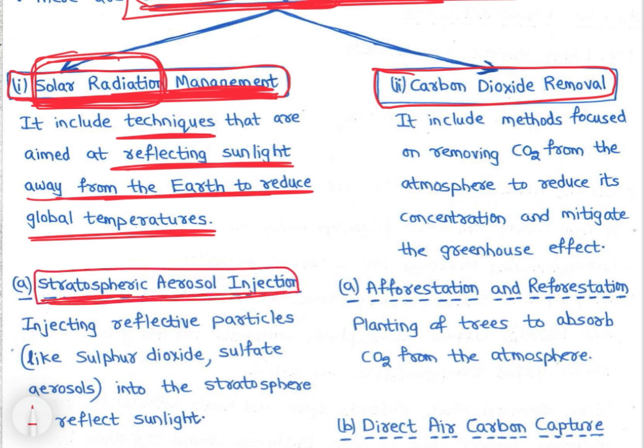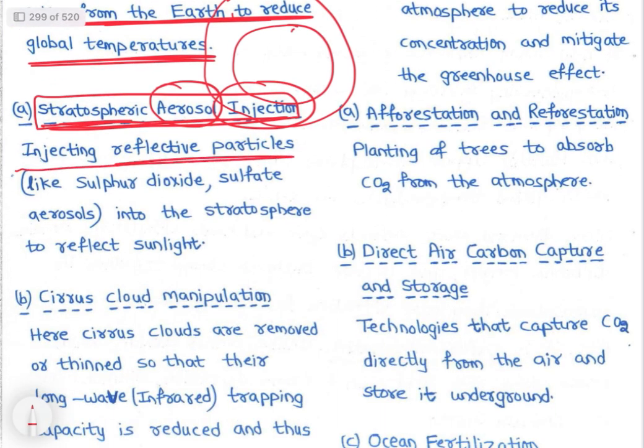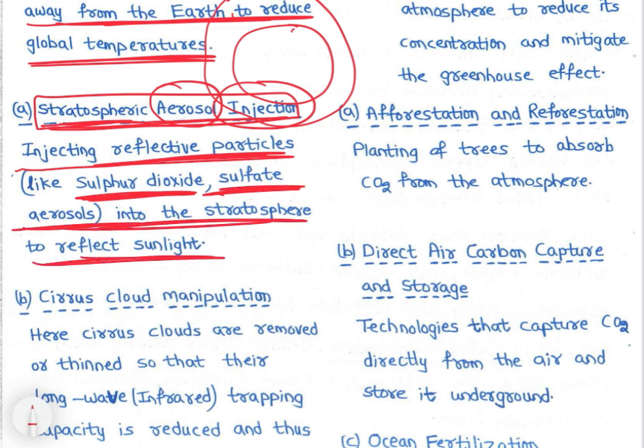Stratosphere में aerosols को inject करो ताकि they reflect the sunlight, ठीक है. Stratosphere में aerosol inject करो so that they reflect the sunlight, सनलाइट कम ही जितना जरूरी है उतना ही आएगा, जो temperature maintain कर सकते हैं उतना ही आएगा, right, so that global warming won't be a problem. So injecting reflective particles like sulfur dioxide, sulfate aerosols into stratosphere to reflect sunlight, right, so that is stratospheric aerosol injection,